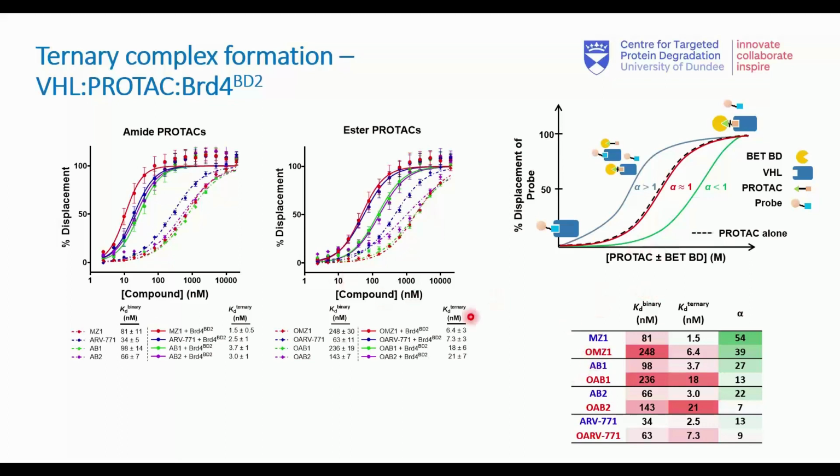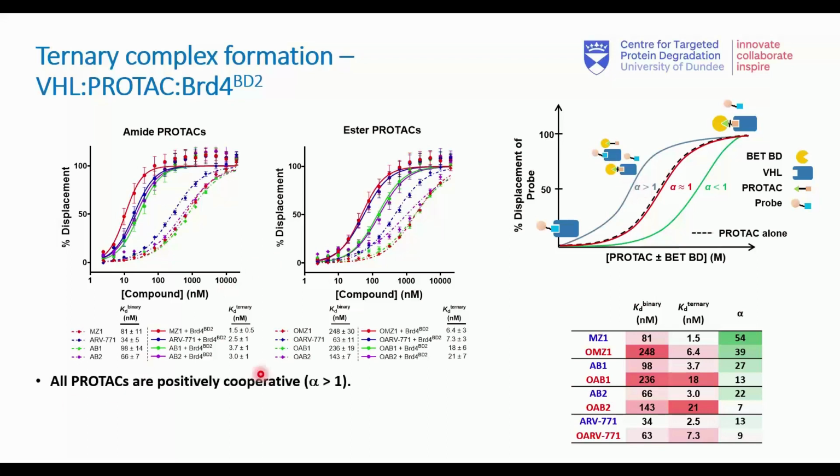And you can see from this FP assay that we chose first to use BRD4BD2 as the protein to measure the cooperativity. In this schematic, what you're seeing is just a PROTAC titrated in. If you pre-incubate a PROTAC with target protein, you can either see a left shift or a right shift. This is the ternary binding of your pre-incubated PROTAC with target protein to VHL, which is displacing the probe,